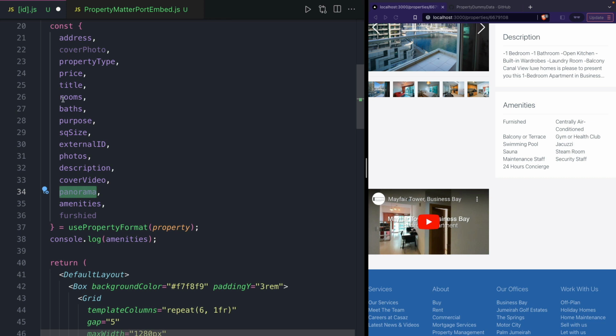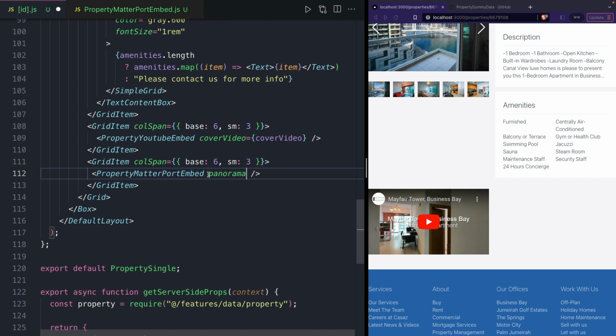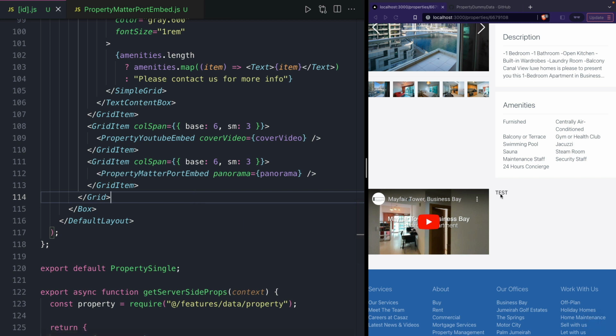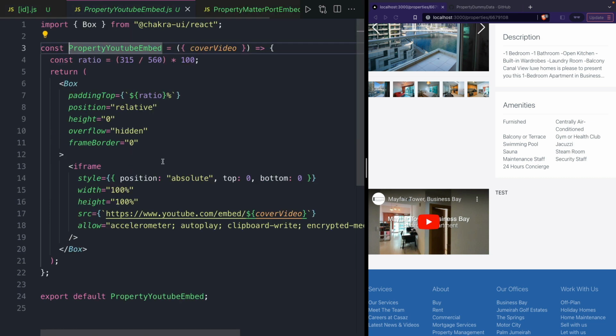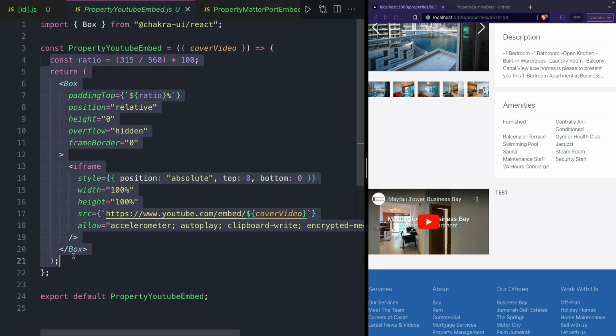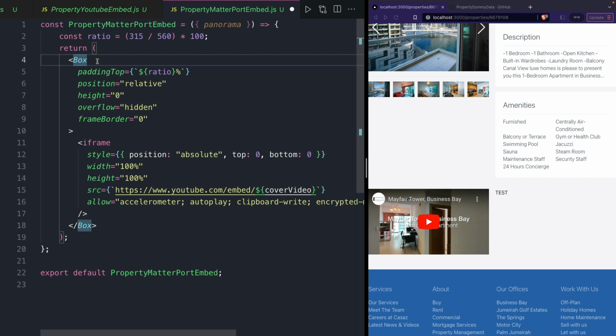Well, we've almost used all of our details. Let's pass in panorama as a prop to our property Matterport embed. Save that. Test is rendering. Perfect. We're going to get the prop panorama. Now I'm going to grab most of the YouTube. Yeah, let's do the same with the ratio. I'm going to grab the ratio and pretty much all of the insides of our YouTube version and just place it in here. Lovely. We need to import the box from Chakra,